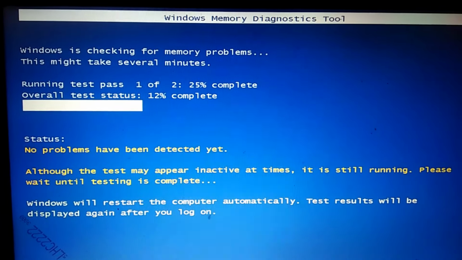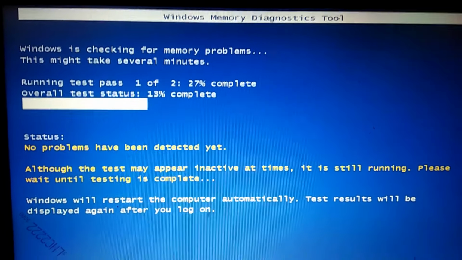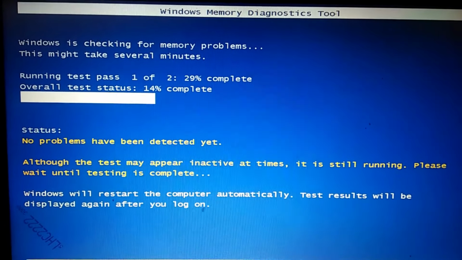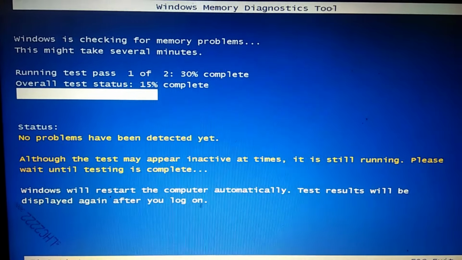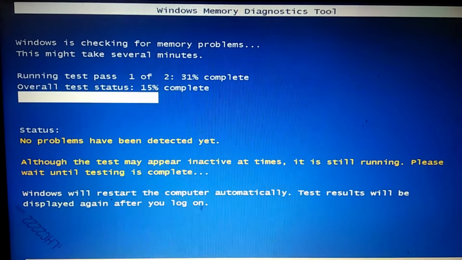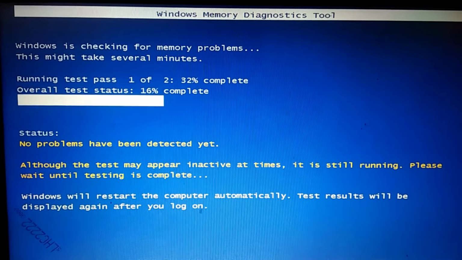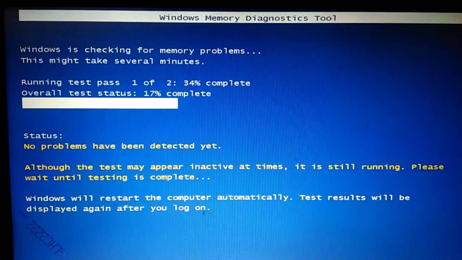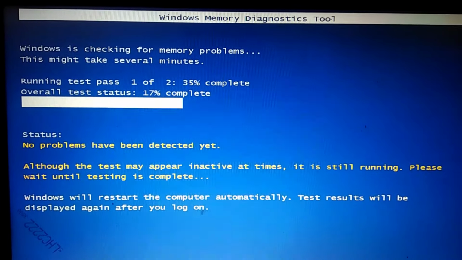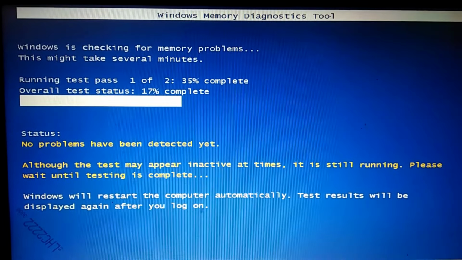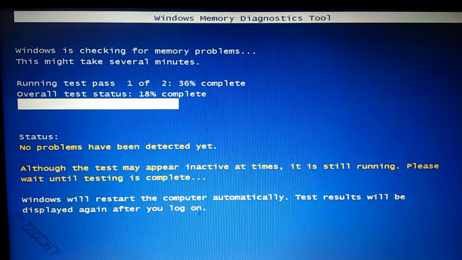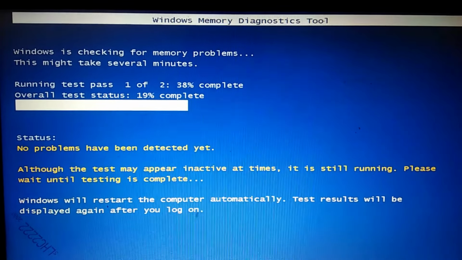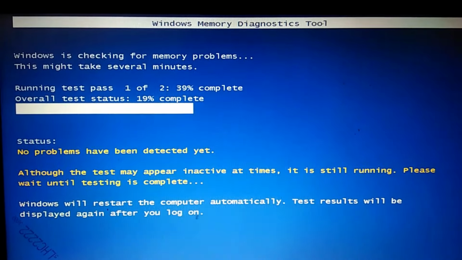Now on this page the memory problem will be checked, and it will also fix your problem if it finds one. If not, it skips this process. If the capacity of your RAM is 2 GB or 4 GB, and you open a lot of large applications, then your computer or PC may hang. So at that time you need to follow this step so that it finds the problem and fixes it.